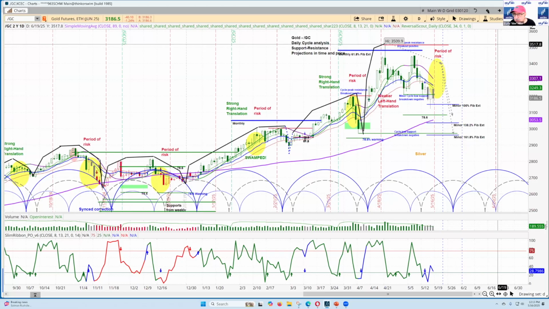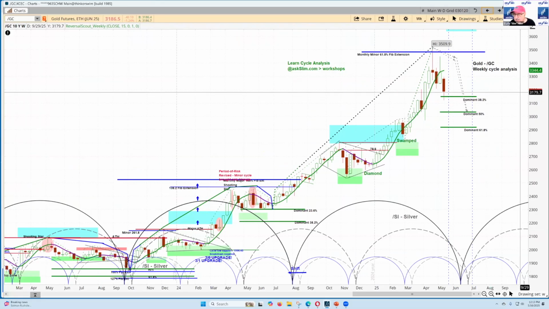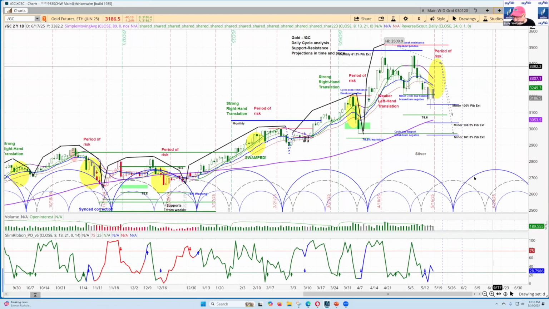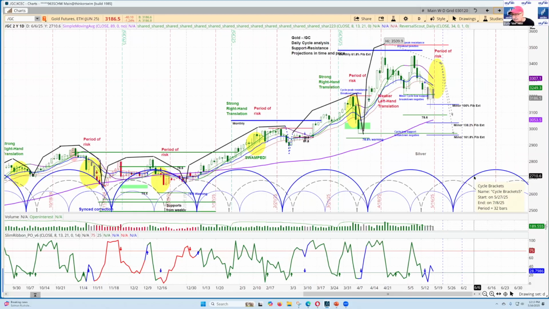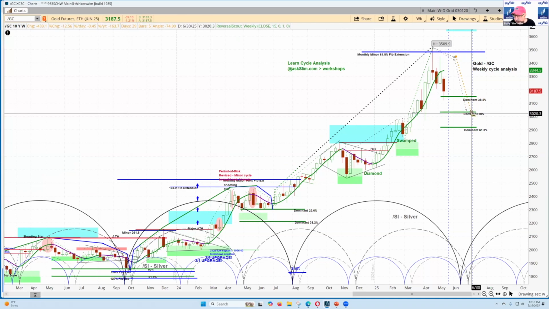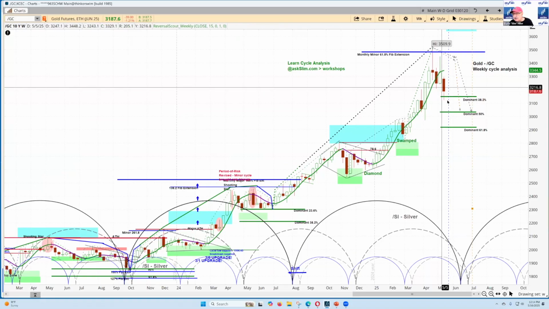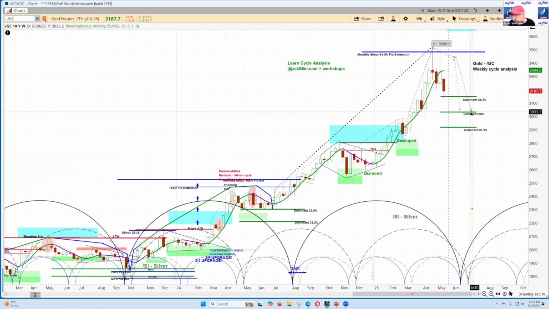Once this is completed right in here, the question is, will this be completed here on the weekly? And let's go to the next cycle right over here. So this one right over here tells us, well, that ends on 7/8. So that's July 8th. Right now, you can see this is pointing out to the end of June. So there's a possibility in here that this goes out to, let me just move this here, right around that July 8th period, or that the cycle that it's in is actually going to make the low. So I'm just going to activate this, which would give you the low somewhere right around here. So either the cycle we're in is going to make that trough, or the one out here to July 8th,